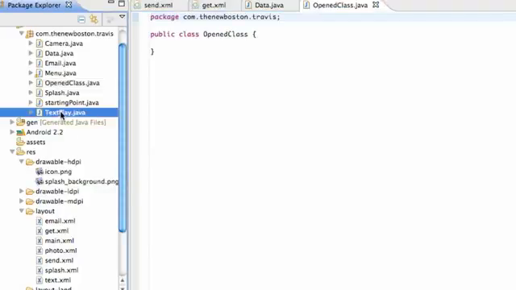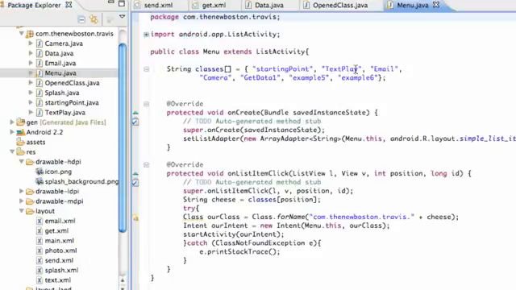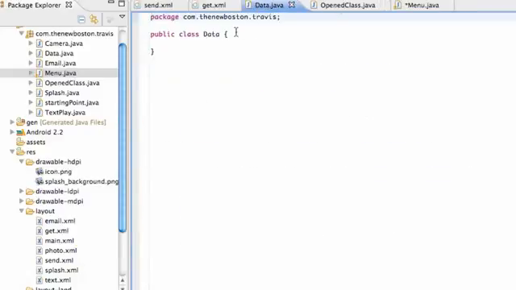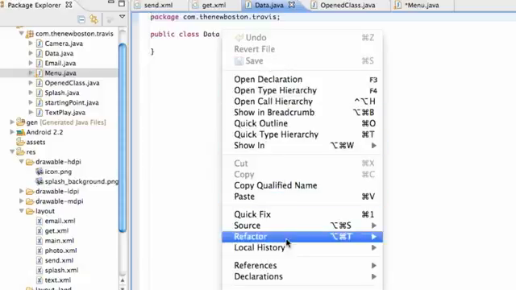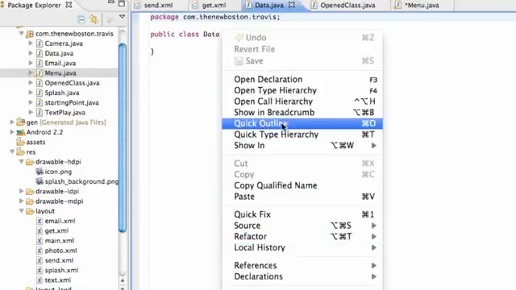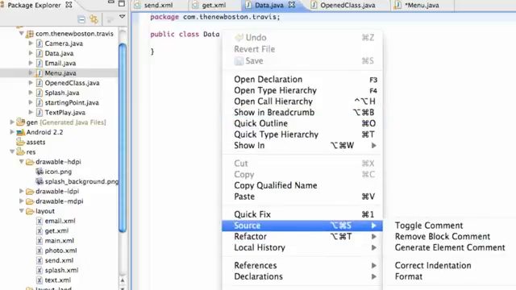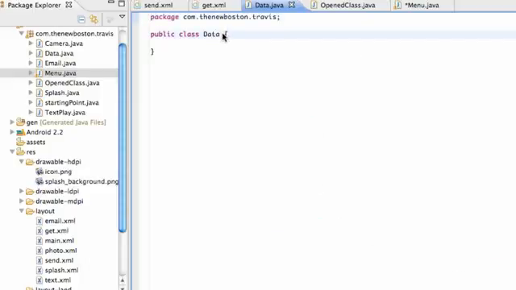Again, we're just going to go into our menu class and define one of them within here called data. Again, it has to be the exact same as the class. Again, define it in the manifest. Because this tutorial is kind of short, I'll start by showing you guys how to set this up. You should know how to do this by now, but both of them are going to extend activity. Pretty much standard activities for both of these,